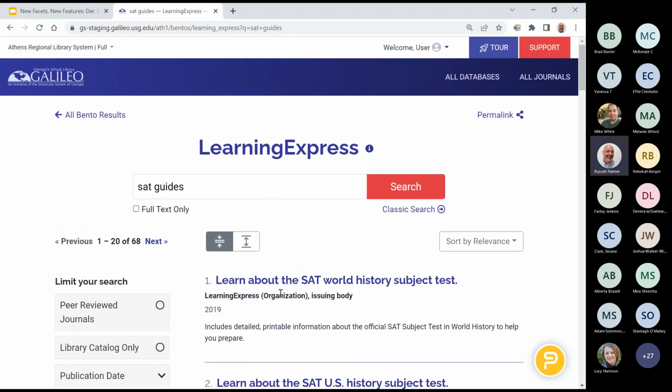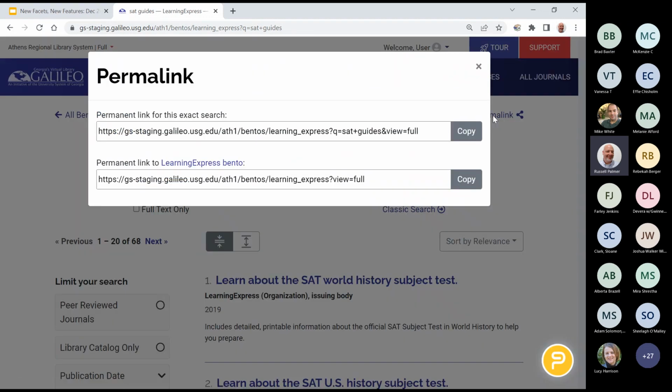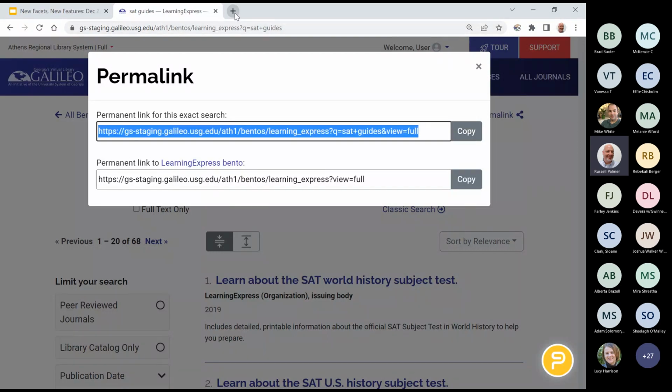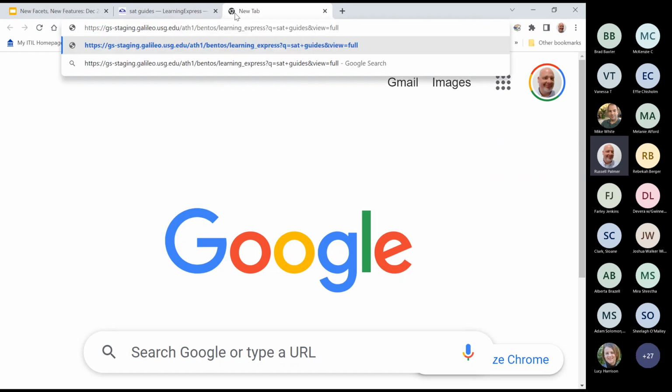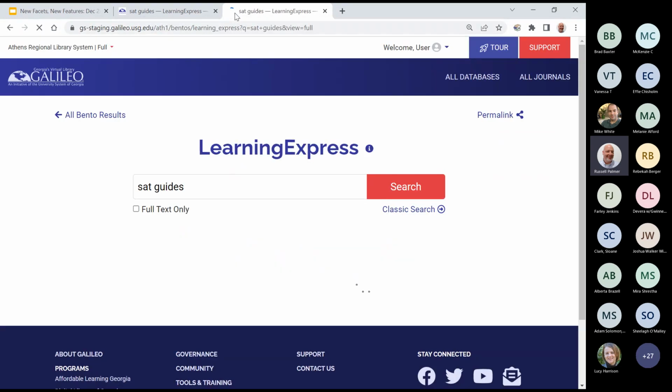Here, I have results that, in theory, I'm satisfied with. And I want to share these results quickly and easily with my patron, who also has access to GALILEO at my library. So I'm going to click on permalink here at the top right. The two permalinks that are available do two different things. In the reference context, I can grab this permanent link for this exact search. If I copy this, I can send that patron or student those bento results